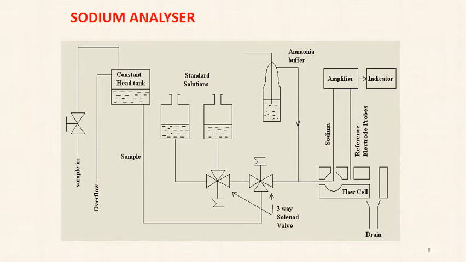The addition of reagents not only liberates the bound ions but also prevents the unwanted ions from entering the ion measurement. The sodium selective electrode provides a good response in the measurement of sodium ion in buffered solutions having a pH value of about 10. This pH value can be achieved by adding ammonia buffer solution to the sample. The potential developed by the electrodes is amplified and can be visualized in the display, which indicates the amount of sodium ions present in the sample.